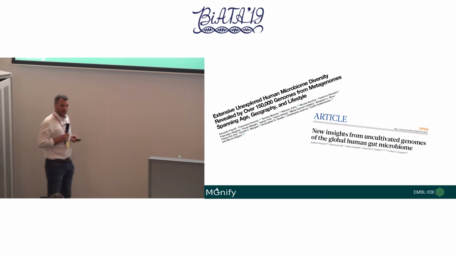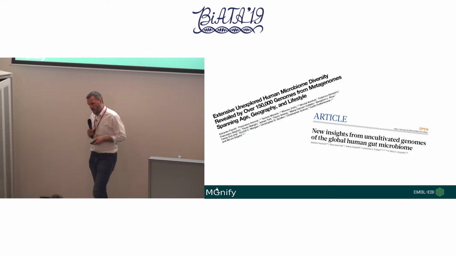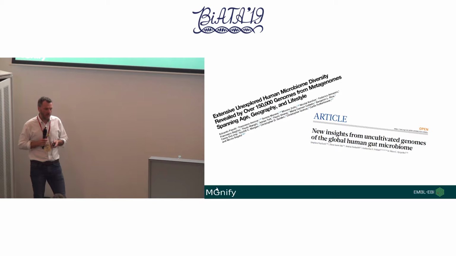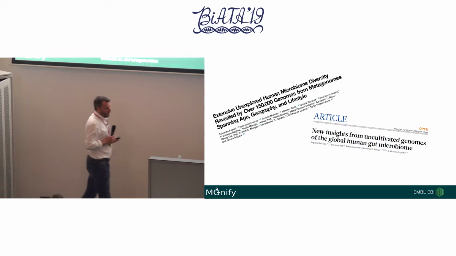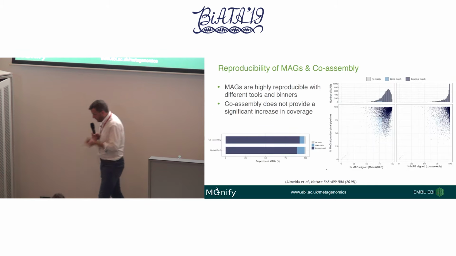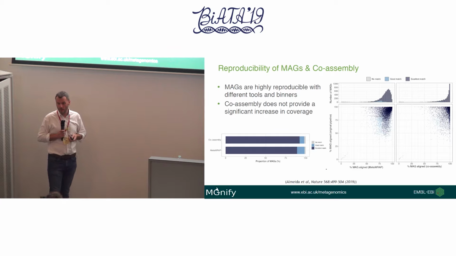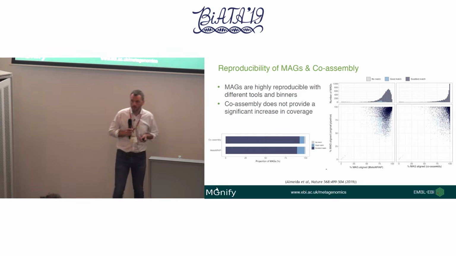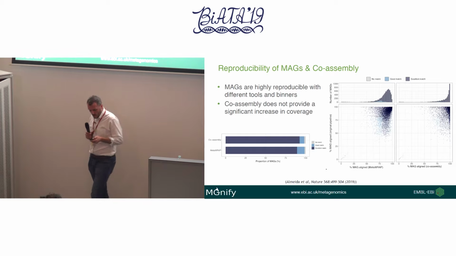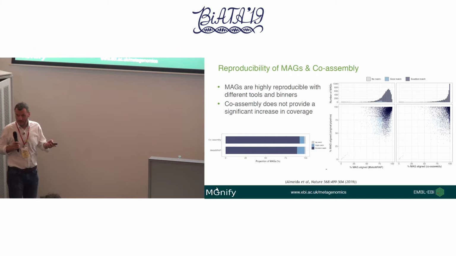And so the question is, we're all about reproducibility. So we think we're doing okay. We've managed to compare to isolate genomes and we're doing okay. We've seen multiple observations, but that was in our hands. If we compare to other groups doing this, what's the overlap? Before I go and look at that overlap, one of the things that we care about, and the reviewers cared about, and also the other groups had asked exactly the same question in review, is how reproducible is it, if you use a different pipeline, do you get the same answer out? I think one of the most interesting things is the headline figure is yes, you do.